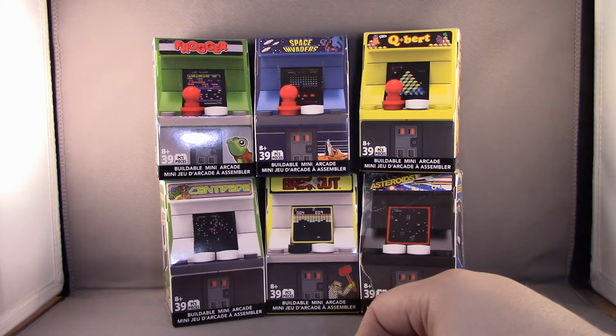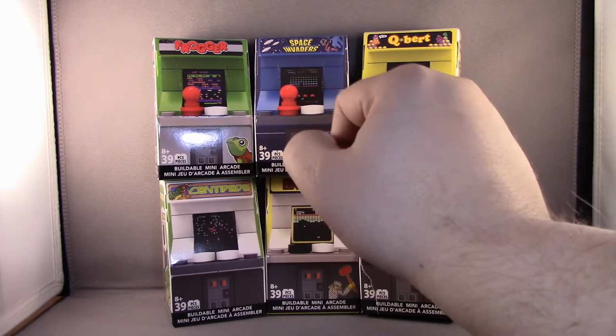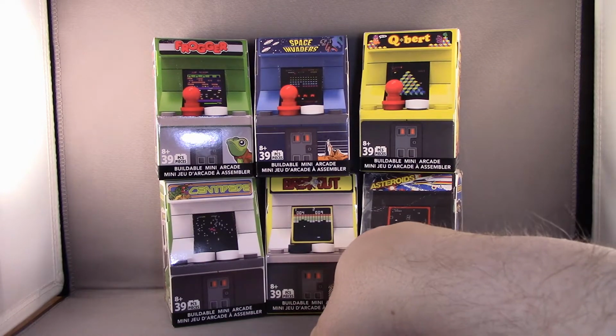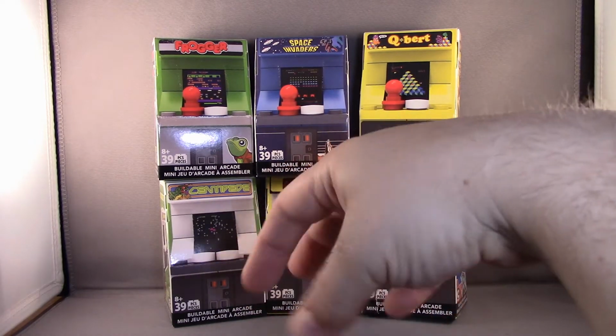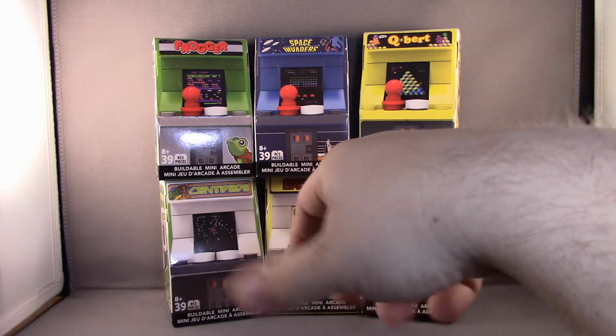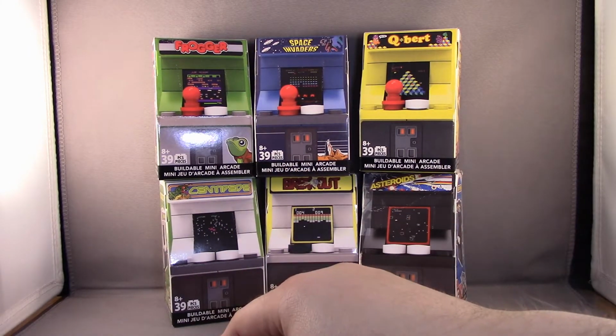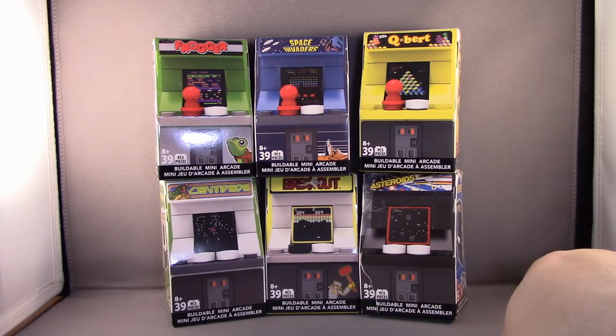You can see there's 6 of them all together. 3 of them are the classic joystick type, and then 3 of them are the button/puck type ones. You'd either have like a roller or a roller ball or whatever to operate those. So they don't have a joystick, they have those instead. But looking at all of the games across here, Frogger, Space Invaders, Q*bert, Centipede, Breakout, and Asteroids, you can see